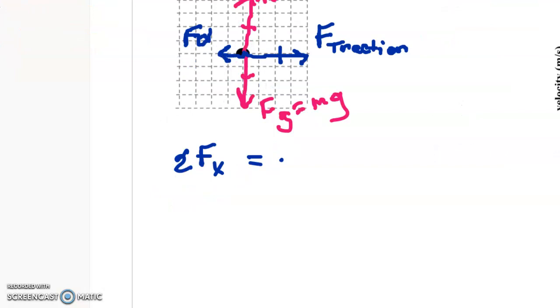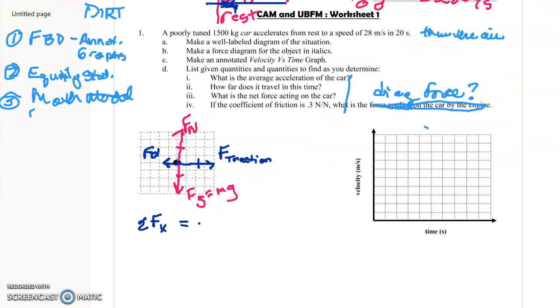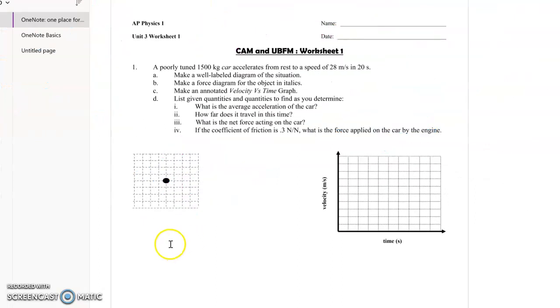Sorry, I don't know what's happening now. Let's see. Oh, exit drawing. Okay, great. There we go. Okay. Oh, okay. Well, that's really terrible. Okay, so